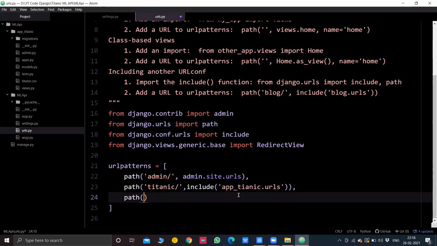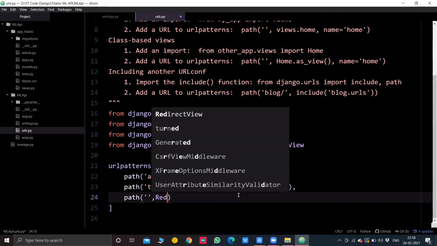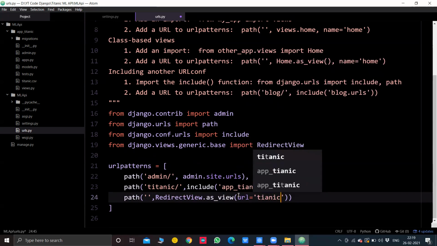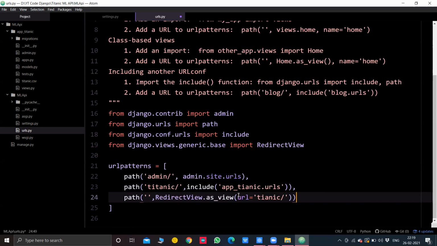So I'll mention it blank here, without any slashes. Inside this, I'll use the RedirectView that we imported from generic base, with .as_view, and I'll mention url equal to titanic/, as mentioned in the second path. What will this do? Our blank server link will automatically have titanic/ ahead. So I'll save it.